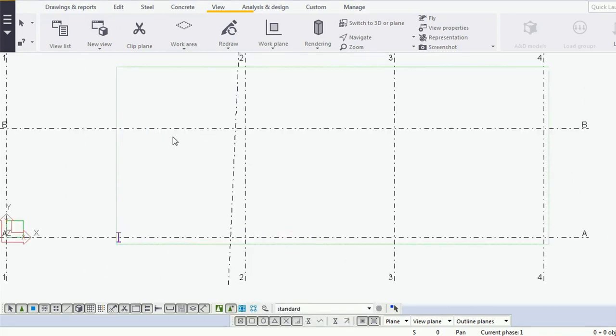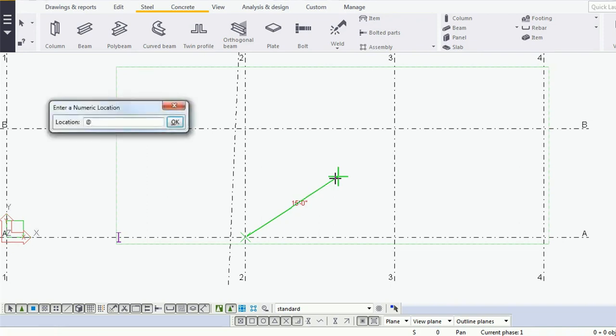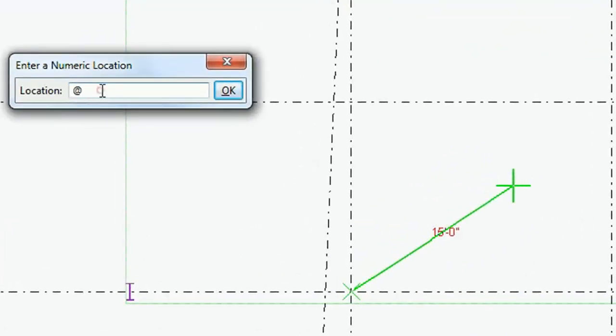I will delete it. Here I will go to the steel, select beam and select the position. I will press R on my keyboard to get this window. I will give the length of this beam, 10 feet.